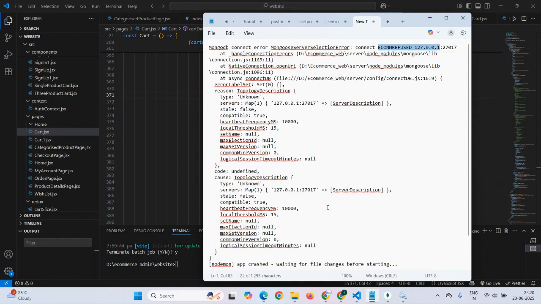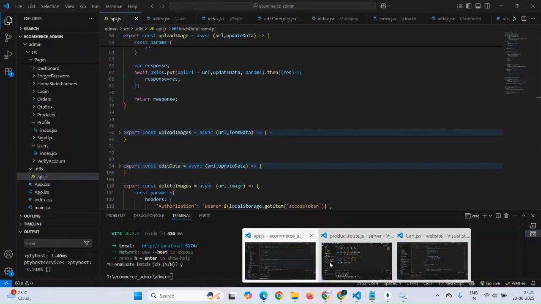But I copied this error at that time while solving, so I'm showing it to you guys. Here it was not connecting with my MongoDB, and you can see, guys, here is my API file. You can see here, you can